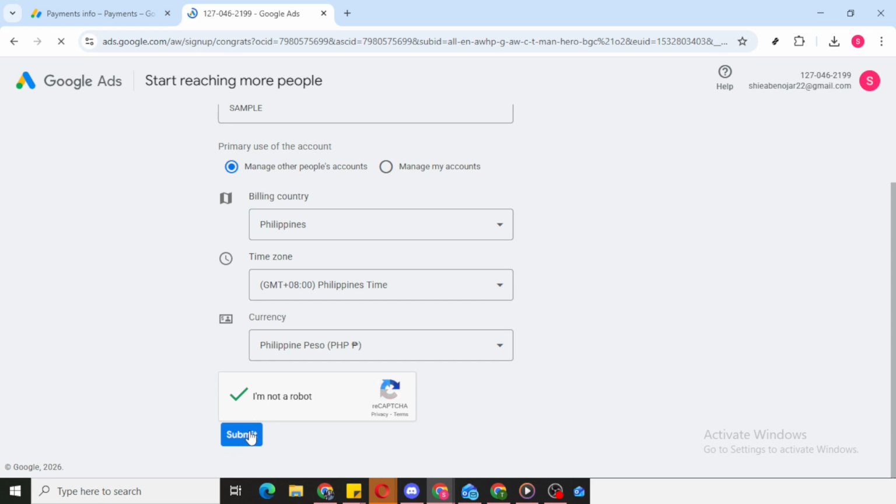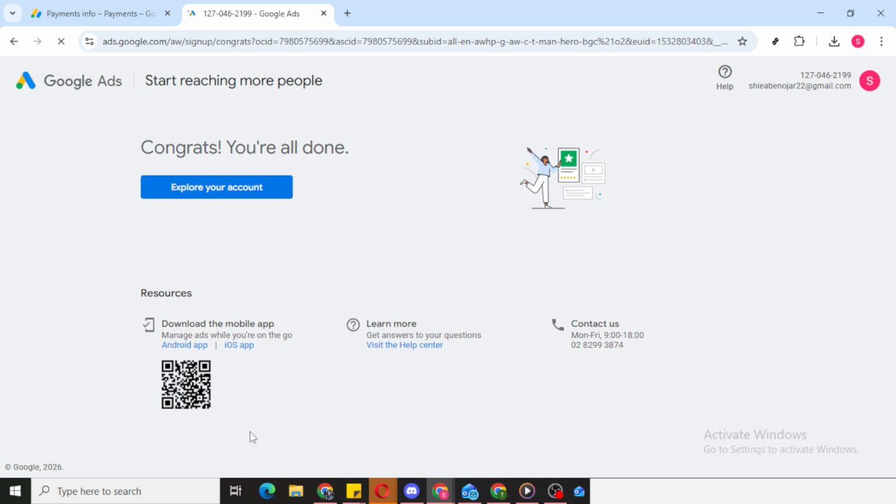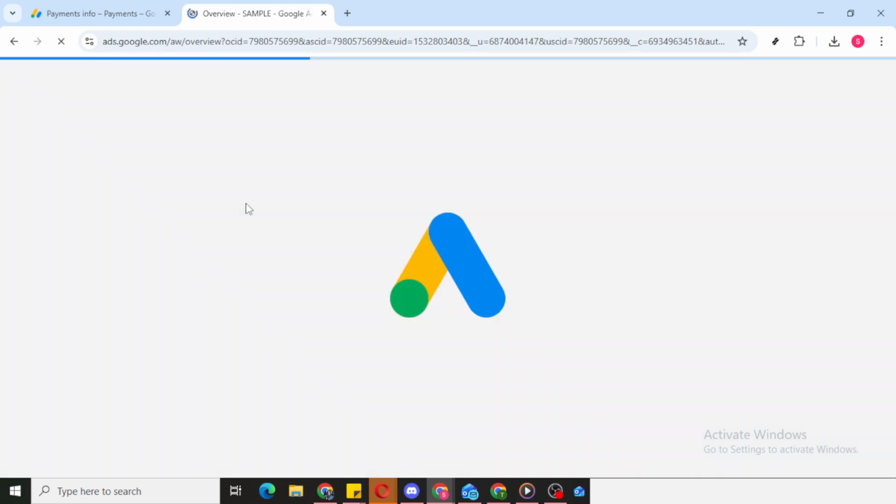Here, you can familiarize yourself with the navigation on the left, the overview on the main screen, and areas where you'll eventually link existing Google Ads accounts or create new ones under your management. Consider bookmarking this page so you can get back to it quickly. That's it. The manager account is ready. From here, you can explore settings, review account level preferences, and get comfortable with the layout before you